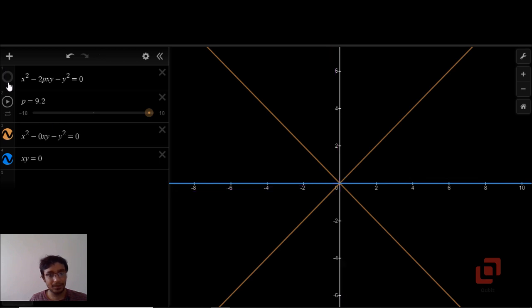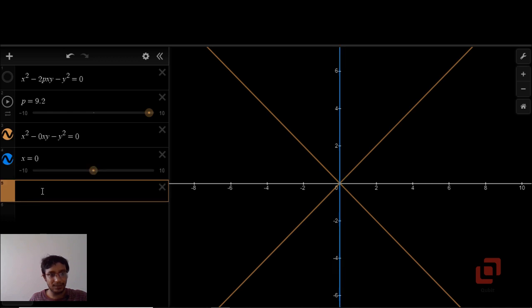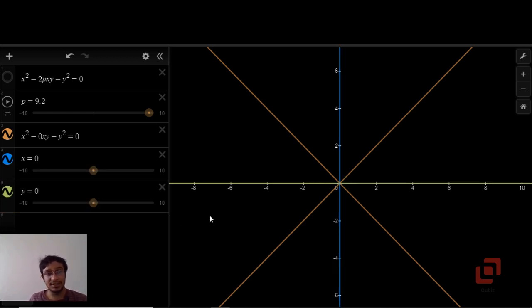Right? Yes. So now you can see that x squared minus y squared is the joint equation of y equal to x and y equal to minus x, and xy equal to 0 is the joint equation of our coordinate axes. Okay, now for some reason it is not showing the y-axis, it is only showing the... yeah, okay, now it will show both of them. Okay, x equal to 0 and y equal to 0. Okay, yes, so our answer is indeed correct.